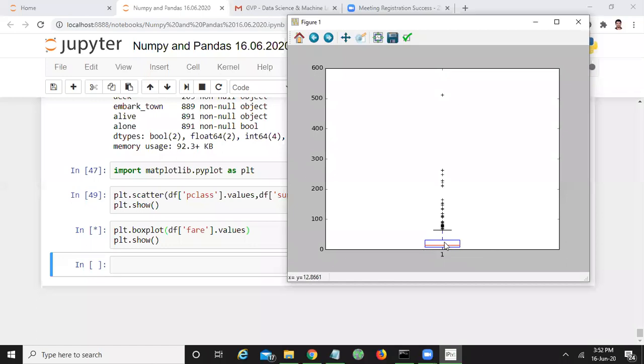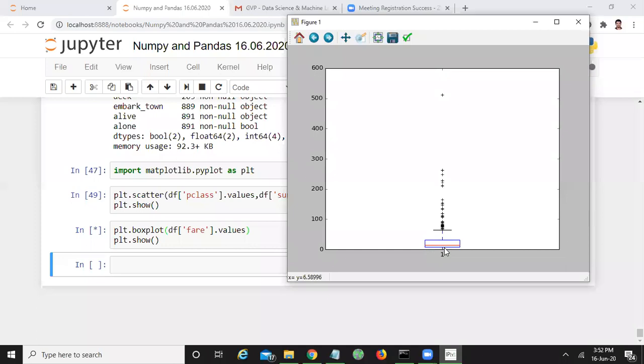If you observe here, we have a box with blue borders. This box represents the range of values which are in the interquartile range. What is the meaning of interquartile range? If you calculate the median of the entire data set, or of the total passengers in the data set, you'll get some value.